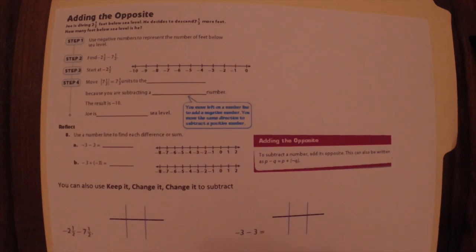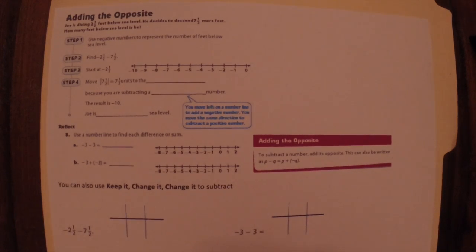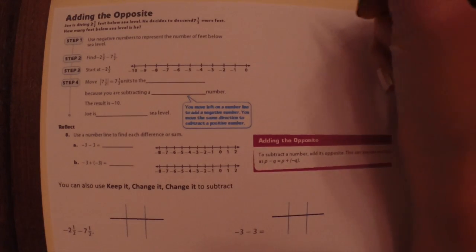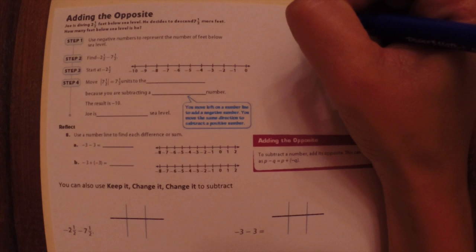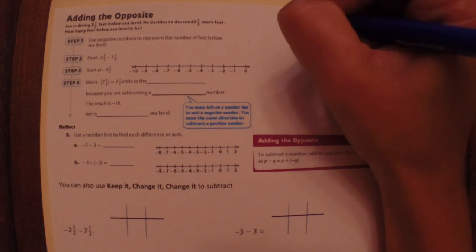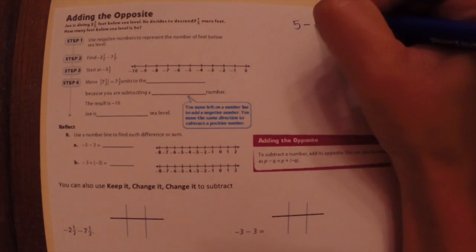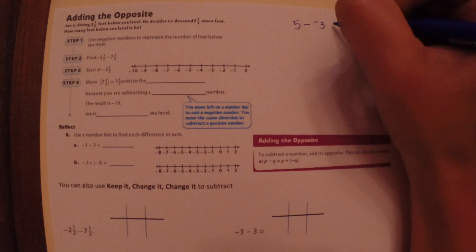Okay, so this is page 2 of lesson 1.4. We're still talking about subtracting rational numbers. Another way to think of subtracting rational numbers is that it's really the same thing as adding the opposite. So I want you to think of a really easy example: if I have 5 minus a negative 3,